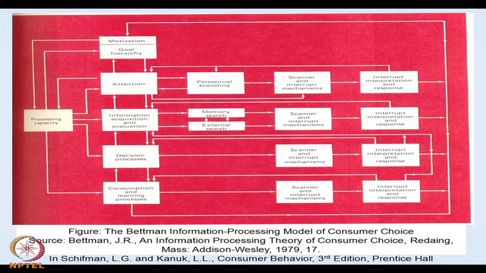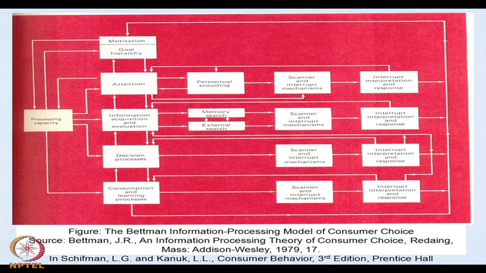When the consumer realizes that he does not have enough information in his database, when he realizes that he does not have much information in his memory or in his perceptual database, he actively searches for information. He basically searches, gives attention to and becomes receptive to more and more information from outside. On the other hand, if he feels that he has a sufficient amount of information, the information search gets interrupted. So the scanner and the interrupt mechanism basically impact the attention stage as well as the information acquisition stage,